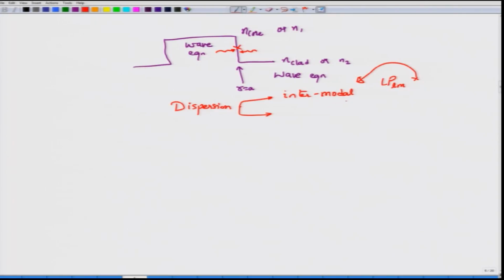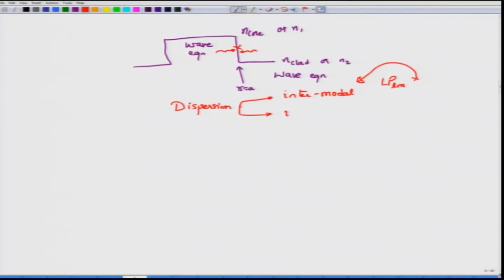And of course, we have seen certain expressions for this intermodal dispersion, and we do not really want to go back to those details, but the idea is that when information is launched into multiple modes, these modes will talk to each other, and when you launch information in the form of an optical pulse, the result of intermodal dispersion is that since each mode arrives with its own phase velocity and group velocity, when you look at the output of the fiber, the pulse would have been distorted. Most of the time it would be just broadened out, but in rare cases where dispersion is quite strong, you might actually see some kind of distortion as well.